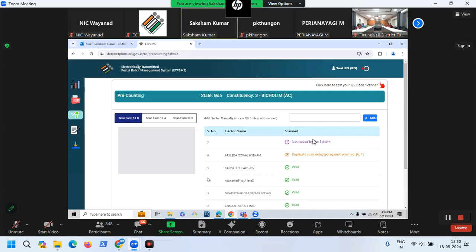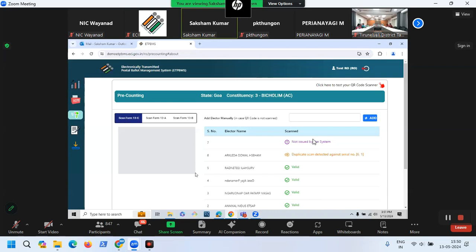What happens is that you pick the ballot, you are not able to scan form 13C. Then, as per the instructions, you tear that envelope and you do not find form 13A either. If you don't find form 13A inside, then please keep it separately, mark it as invalid, and keep it in the tray, but note it separately, because this ballot has not been scanned and it is not registered in the system.